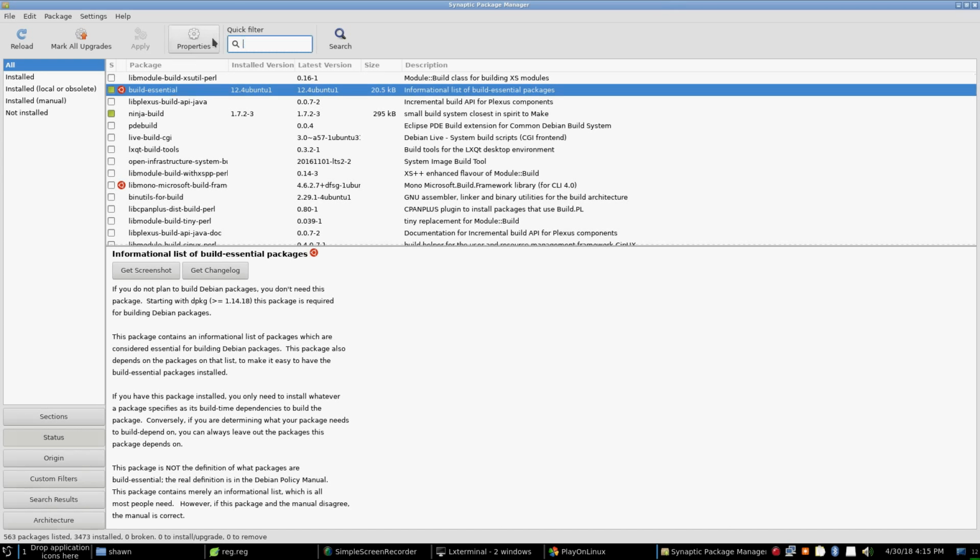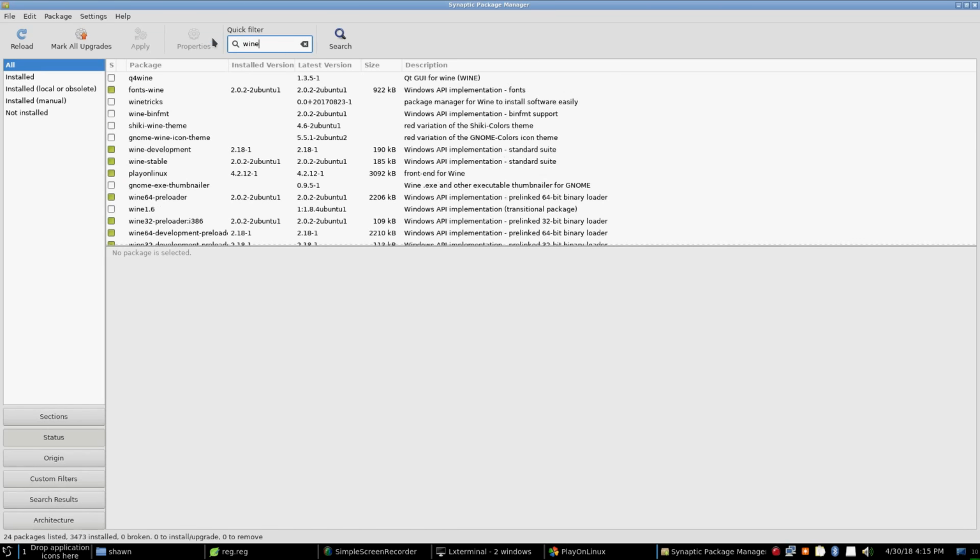You can also use this to install WINE. Not all of them will automatically search like this. Mine's set up to show WINE stable, and PlayOnLinux too. If you install PlayOnLinux, it will also install WINE, at least from here. But before you do that, you're going to want to install Build Essential from here,